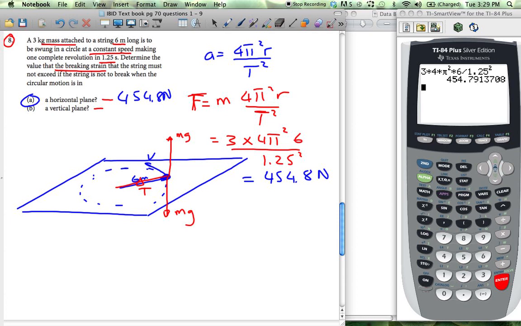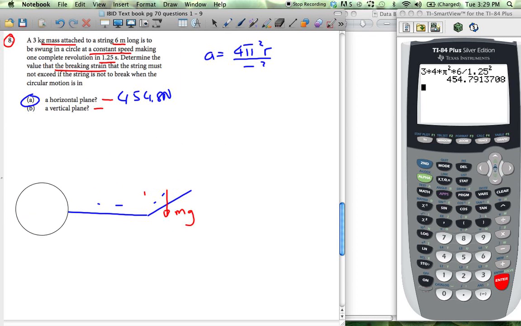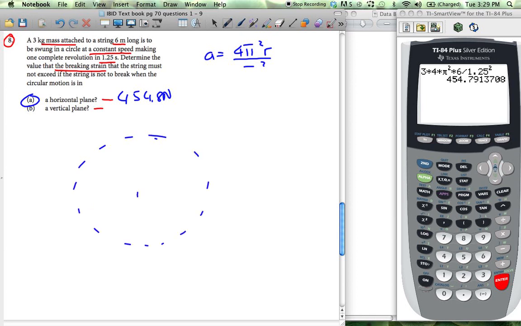Now, when I look at the situation now in the vertical plane, it's slightly different. So in the vertical plane, we've got it going around in a circle like that. We actually get a situation, I'm going to look at it at that point over there and also look at it at that point over there. This is when you get gravity acting on. So let's say it's moving in that direction, the velocity is like that. You would have a force down here which is equal to mg, and in the string, there would need to be a force not only of mg to cancel that force, but also of